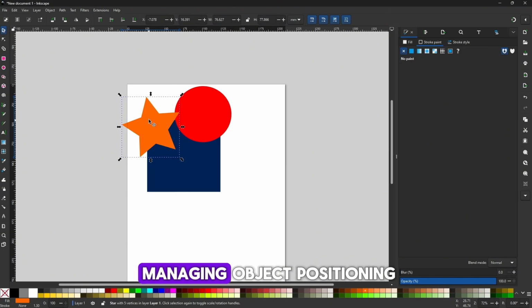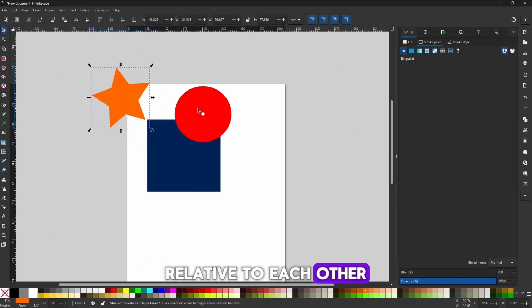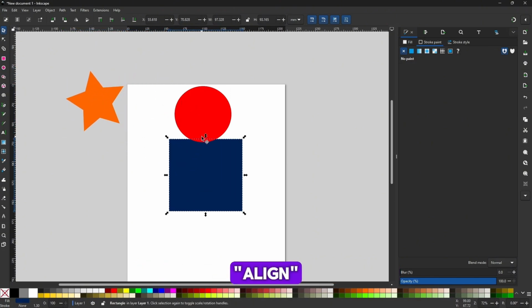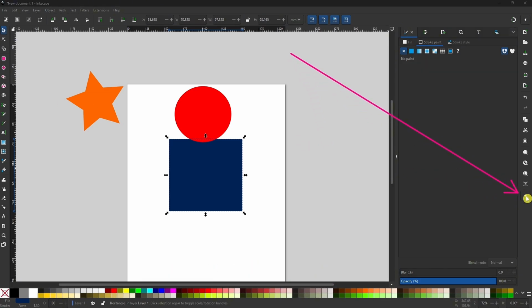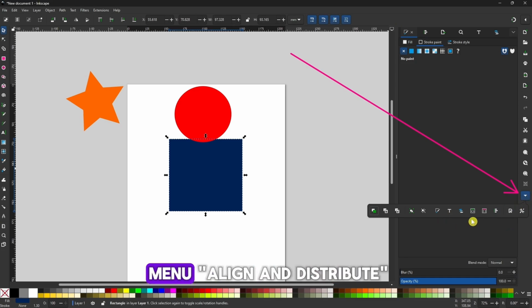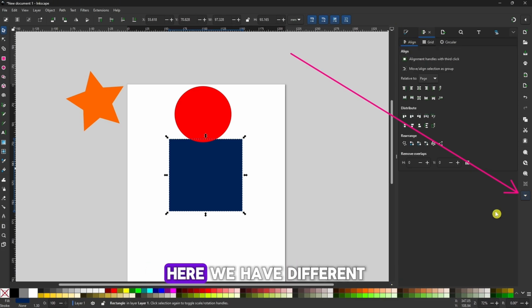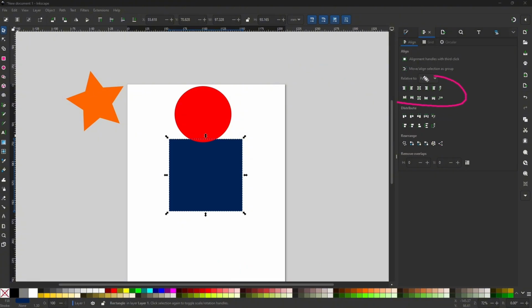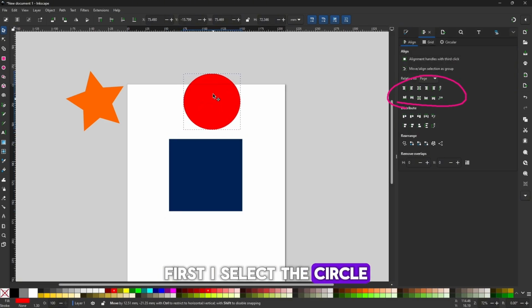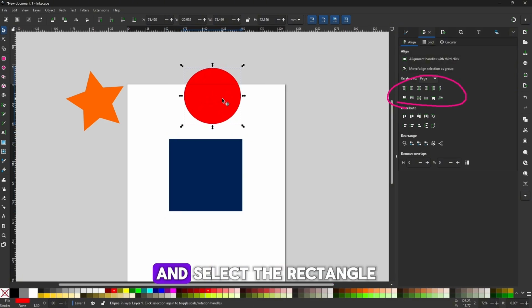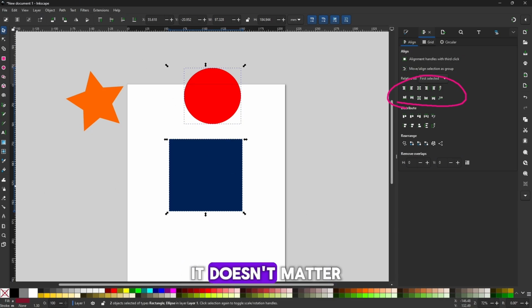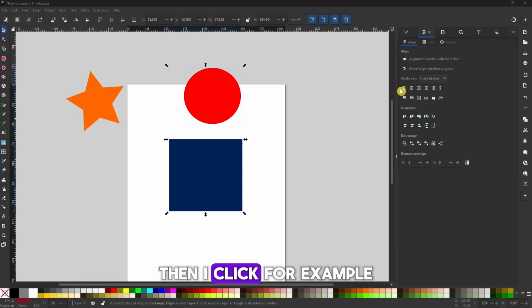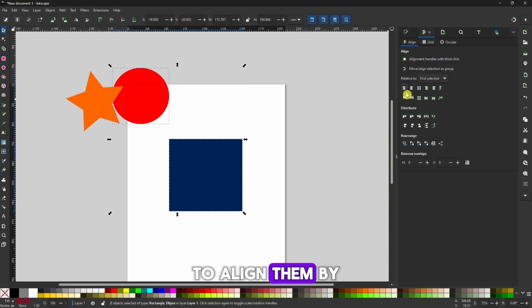The next tool for managing object positioning relative to each other is alignment. Align. You can select this menu here by clicking this button and then choose this menu. Align and distribute. Here, we have different alignment options for one object relative to another. First, I select the circle, then press Shift and select the rectangle as well. Or you can select them like this. It doesn't matter. Then I click, for example, to align them by the top right edge